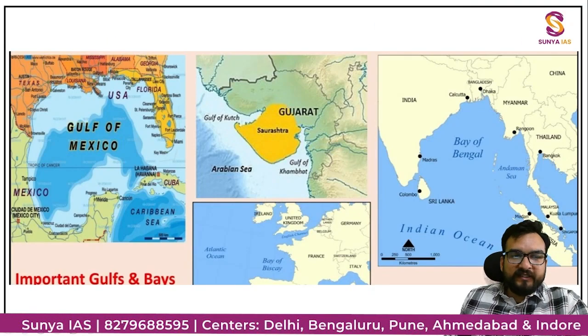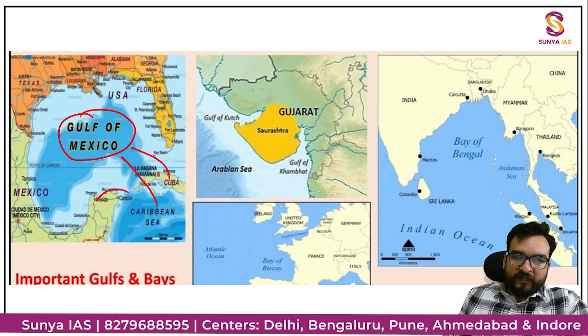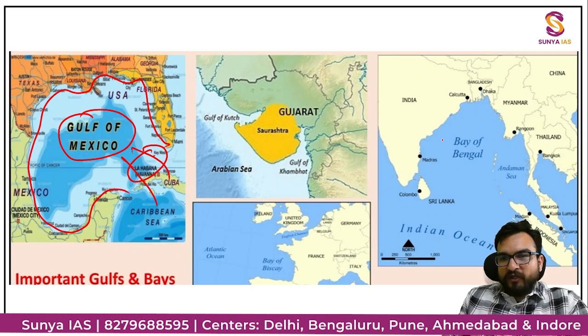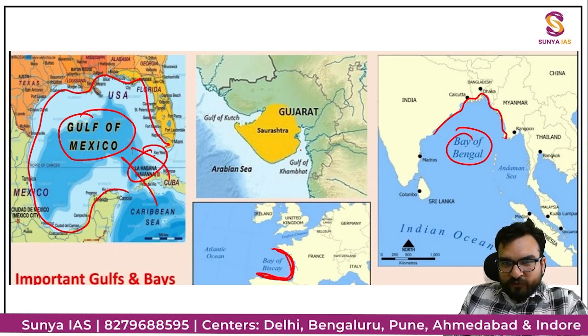Over here, can you see this, guys? Gulf of Mexico, I am going to show you also. This narrow opening you are seeing over here, and this whole water body, the opening is narrow. But as soon as I open the body, if I broaden this particular opening, see over here, this is not a narrow boundary. So that's why we call it Bay of Bengal. That's why we call it Bay of Biscay. In Europe, we are going to see it. Whereas you are seeing narrow openings, you will see Gulf of Kutch over here, Gulf of Khambat.